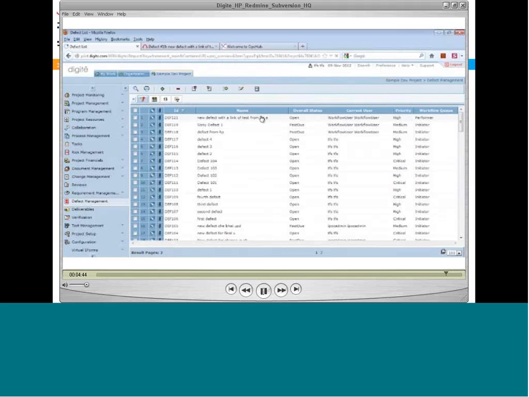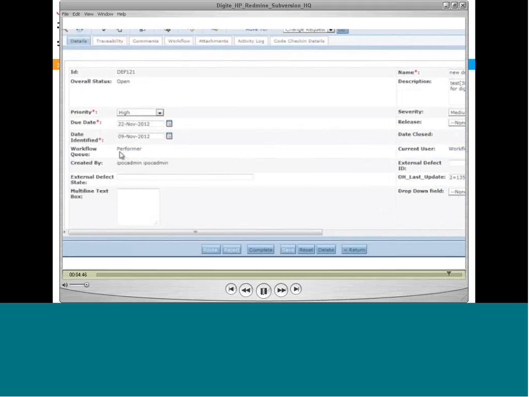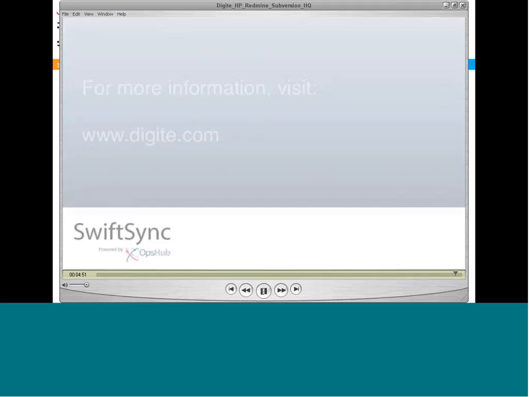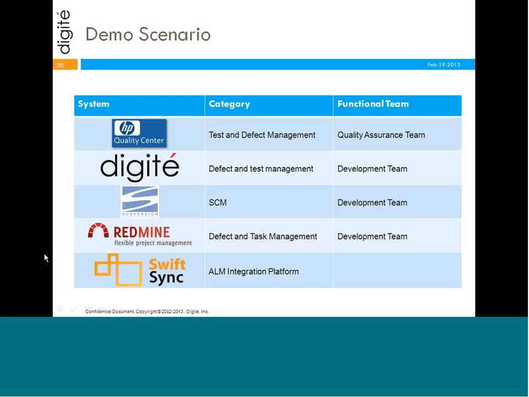And that's the last part of the demo that we're looking at here. So, irrespective of what system you have, what products I'm working in personally as a developer or as a tester, I'm able to work in my own system and carry on the work that I'm doing, while at the same time in the back end it replicates that information to multiple systems, including Digité, which might be the central system for the overall team as well as for management to look at the work that is being done by the different